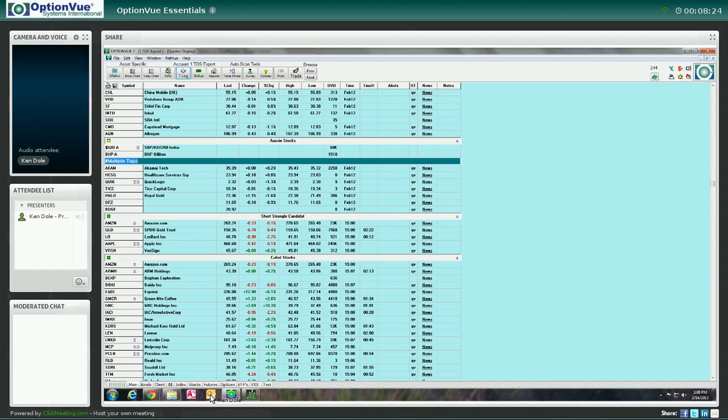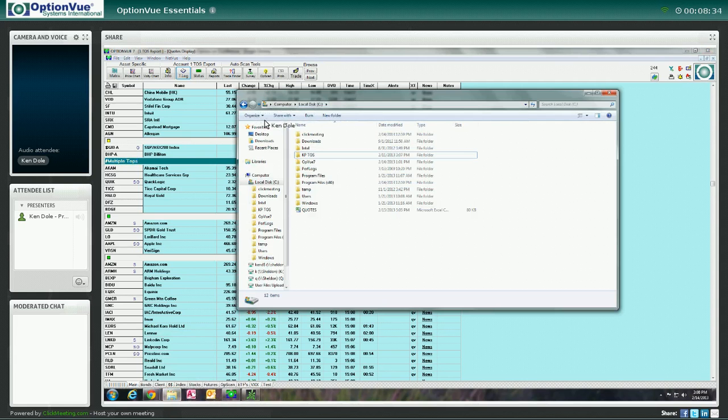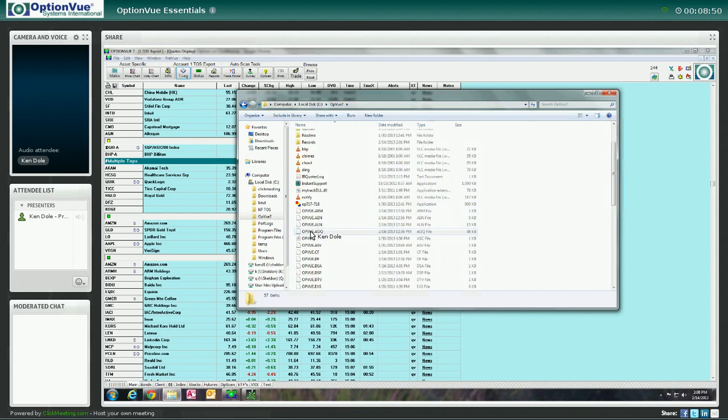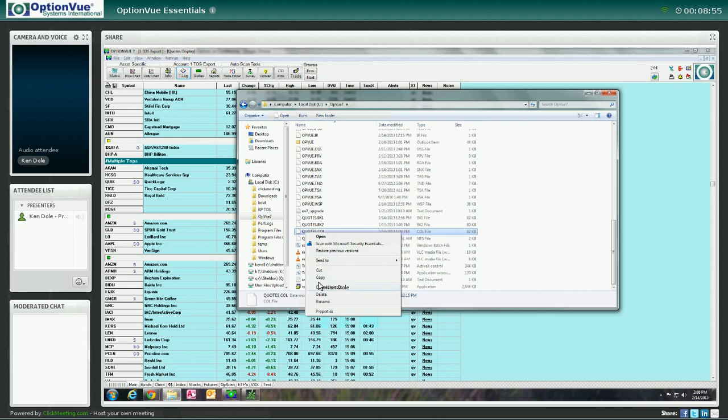So what I'm going to show you now is that you can make an Excel spreadsheet out of the quotes display. So in order to do that, we would go to the C drive. So I've got my C drive. This is where the OptionVue program is. I'm going to open that up and get to the quotes display. It's inside here's the file path up here. So you just navigate to your Windows Explorer, pull up the folder, look, and then right-click, copy,